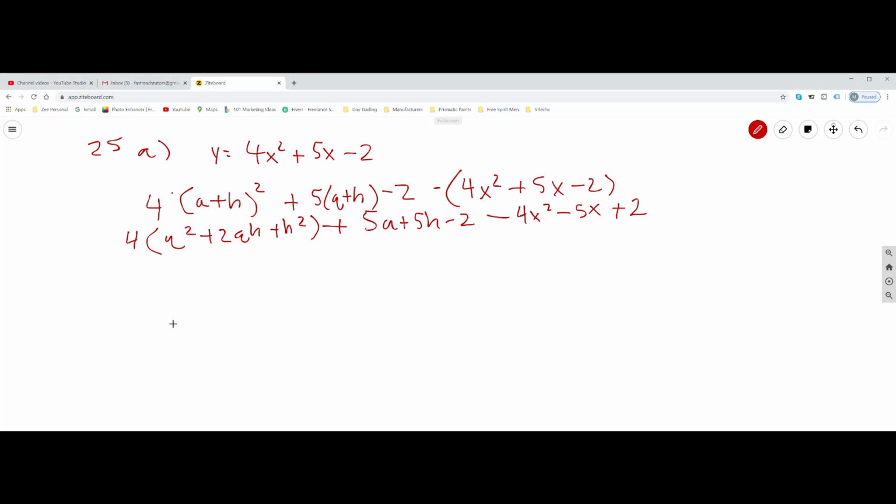We can change this to a squared because it's the same thing. Minus 5a plus 2. So this one cancels, this one and this one cancel, this one and this one cancel. So you're left with